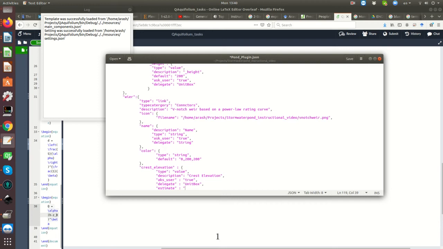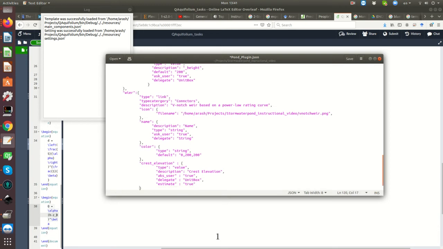We may want to design a stormwater pond, and our question may be, what's the best elevation to place the crest. So we can actually treat this as a parameter to be estimated,